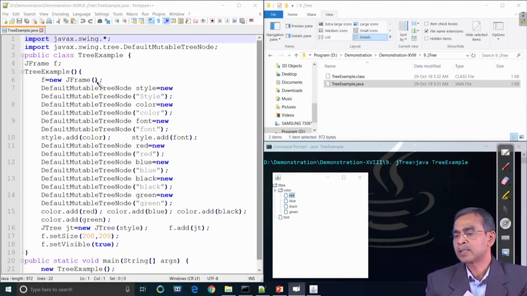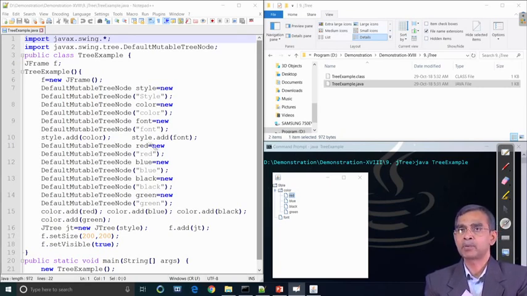So this is the first one, style, and we have the label as style. We create some others like color and font, because they are also tree nodes. So we have created here three tree nodes, style, color and font, and then we add color and font to the style node.